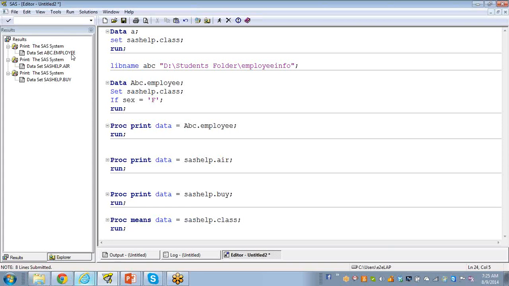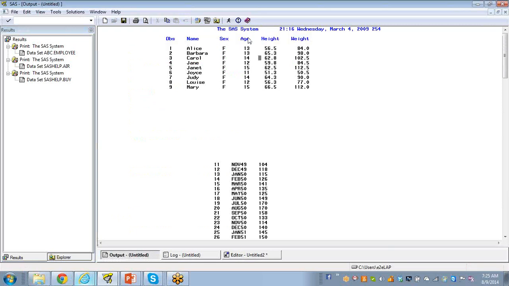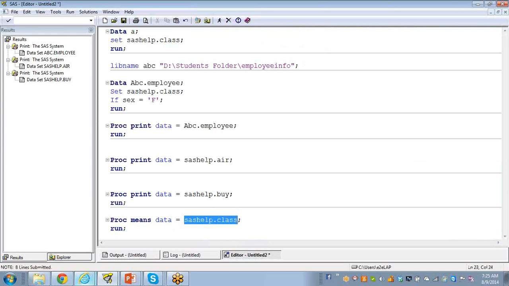Two columns are character columns, but age, height and weight are numerical columns. So if you say proc means data equals sashelp.class, SAS will automatically take the numerical type of columns and show all the statistics. If I run this one,